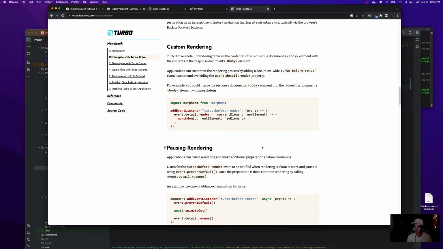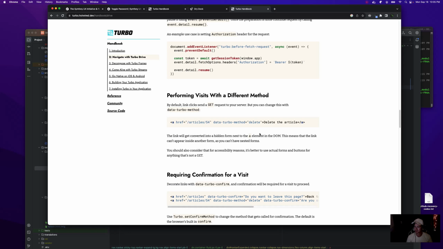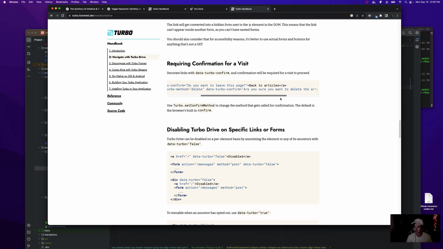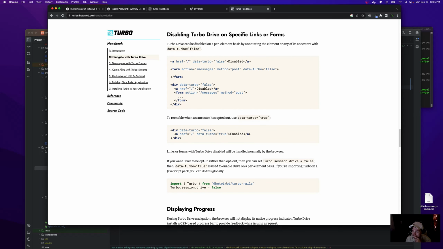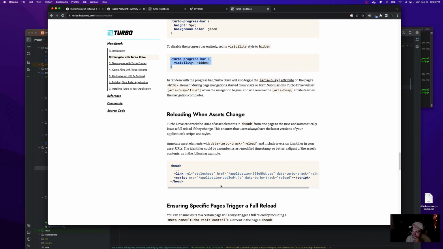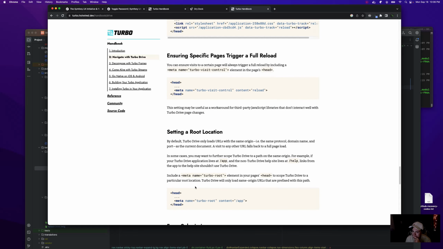Canceling custom rendering, pausing rendering, pausing requests. Oh, that's cool.